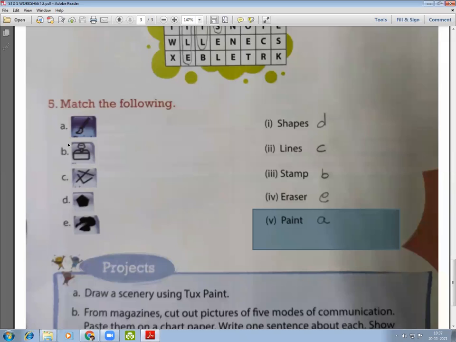Now question number B, this symbol represents question number III, stamp. Question number C, this represents number 2, lines. Question number D, this pentagon symbol represents shapes. And the last question number E, this symbol represents eraser tool.